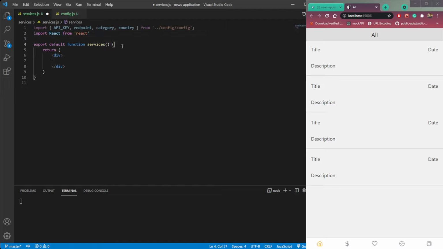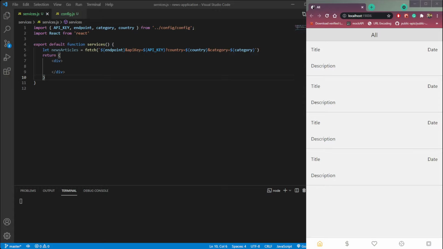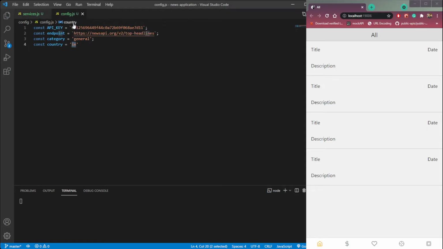In this function services, let's create the fetch API call. As you can see, I have a variable called news article, in which we are passing this fetch API call. It will fetch the endpoint and append the API key. It will also pass country and category as query parameters.